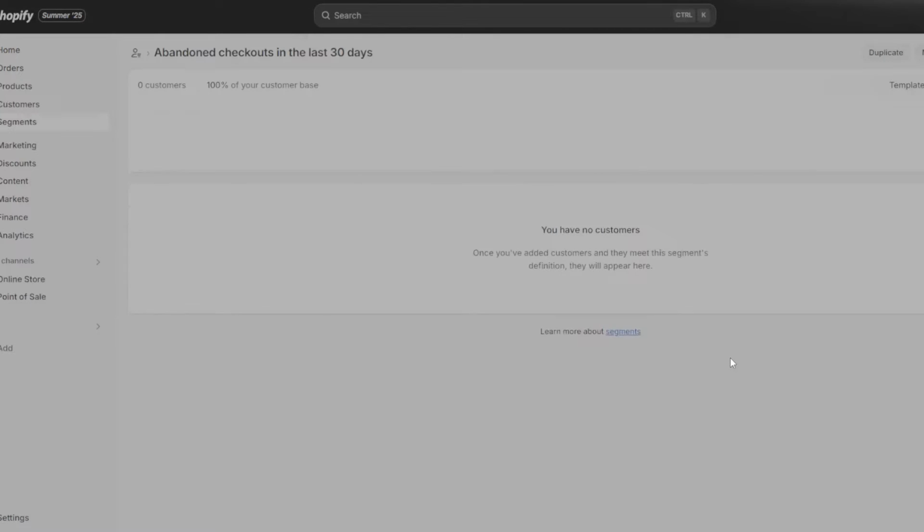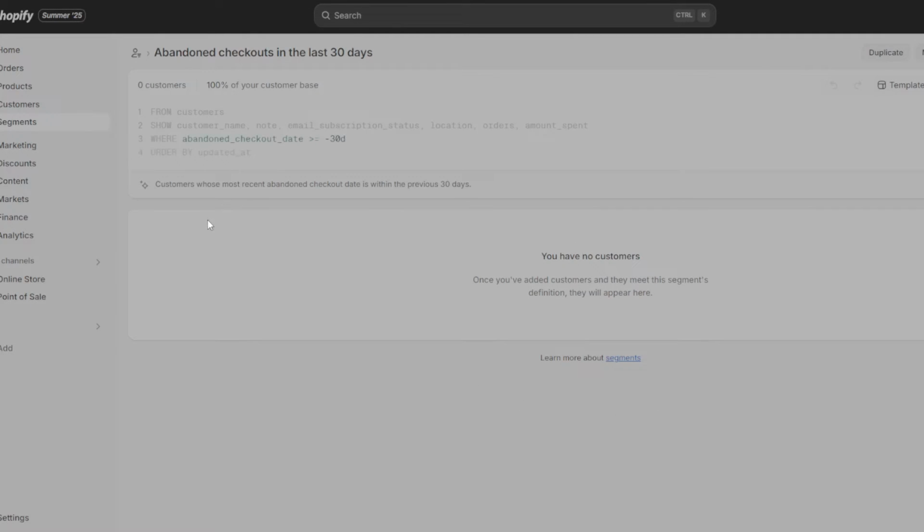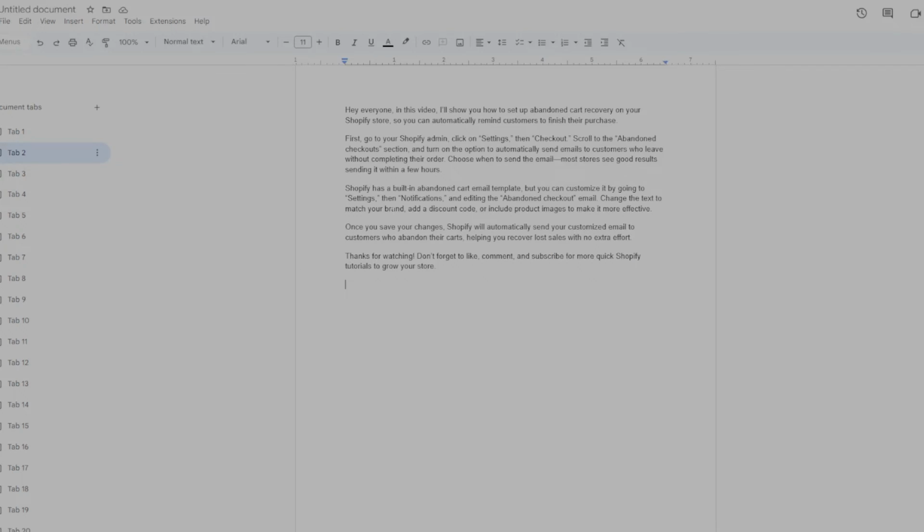Shopify has a built-in abandoned cart email template, but you can customize it by going to settings, then notification, and editing the abandoned checkout email. Change the text to match your brand and add a discount code or include product images to make it more